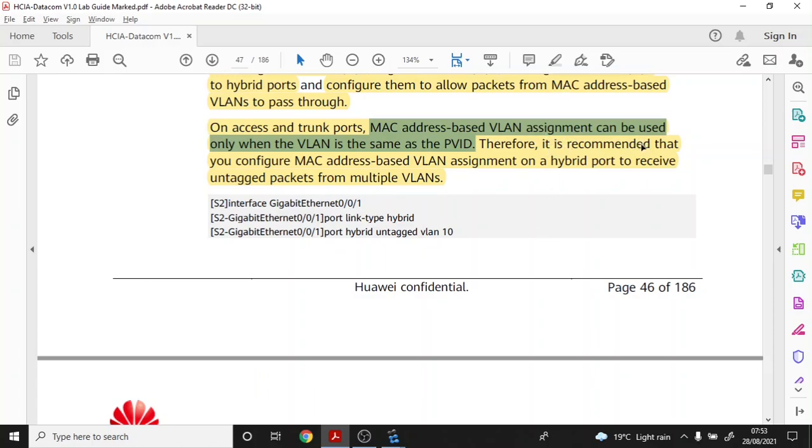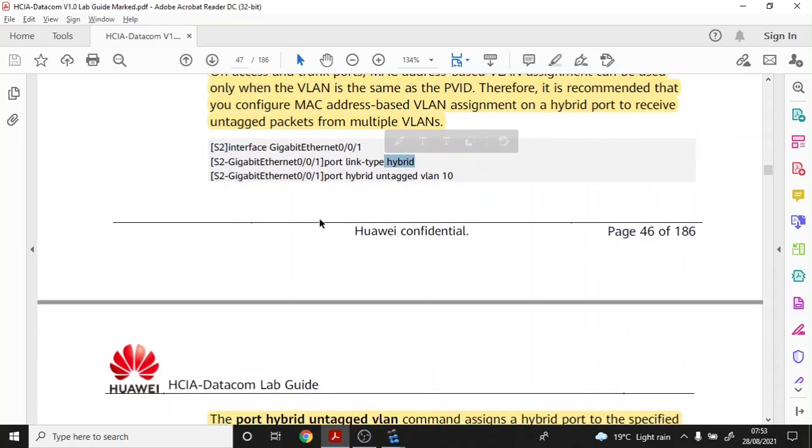It is therefore recommended that you configure MAC address based VLAN assignment on a hybrid port so that you can also receive untagged packets from multiple VLANs. Otherwise, if you use an access or trunk port, you can only accept untagged packets from the same VLAN, but not from multiple VLANs. So that's why when you use MAC address based VLANs, the port should be configured as a hybrid. So let's go to